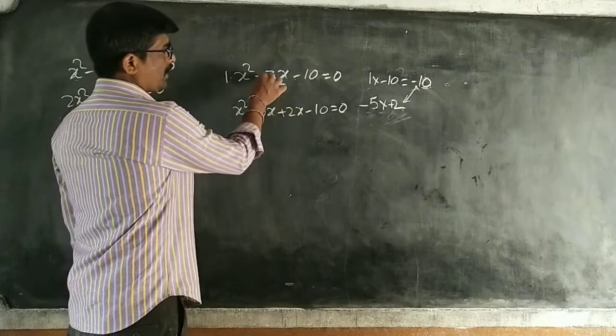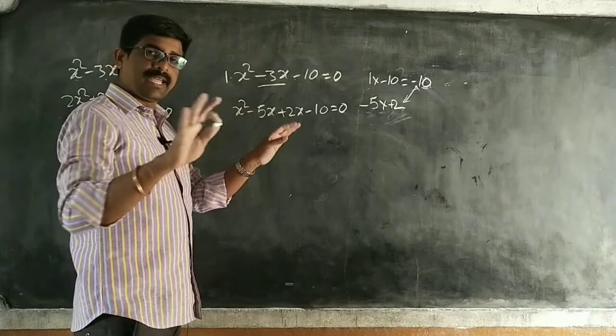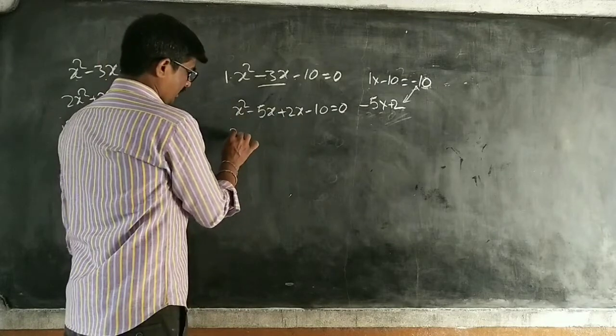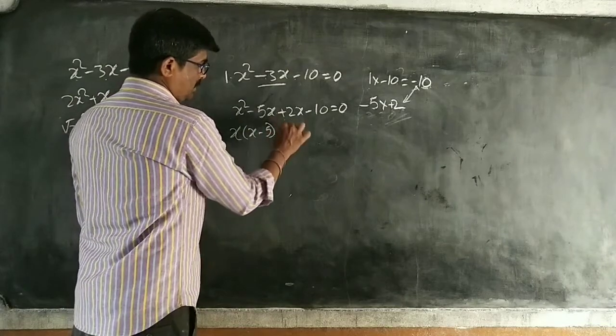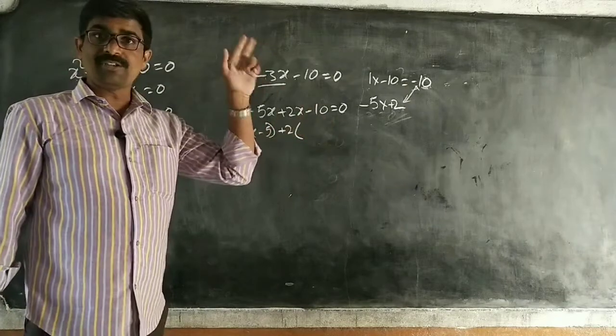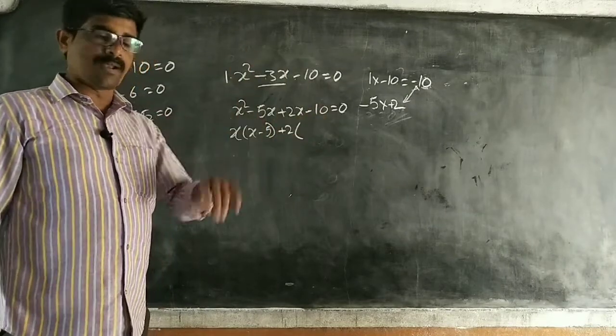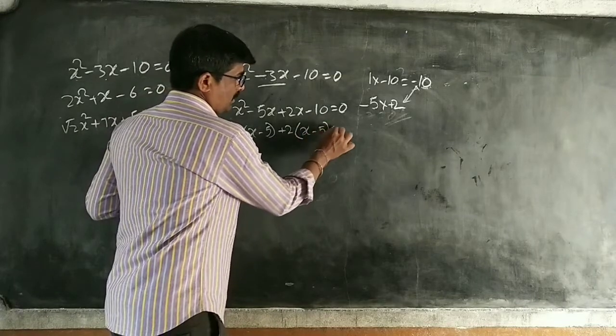So minus 5 plus 2, I get minus 3 only. I didn't change anything, I just wrote it differently. x I am taking, x minus 5. Next, plus 2 I am taking common. Here 2. For 10 I am writing 5 times 2, I can write that. So no problem. So 5 minus 10 is equal to 0.